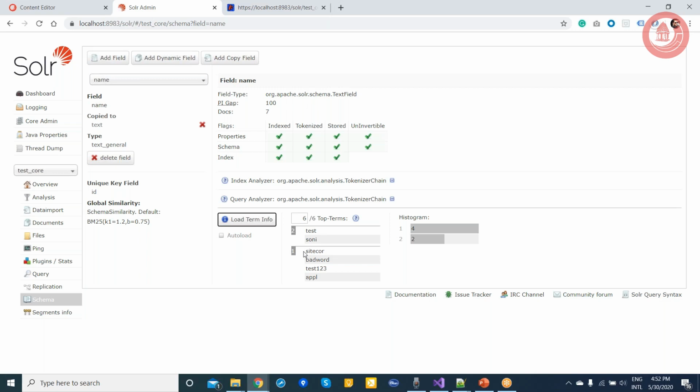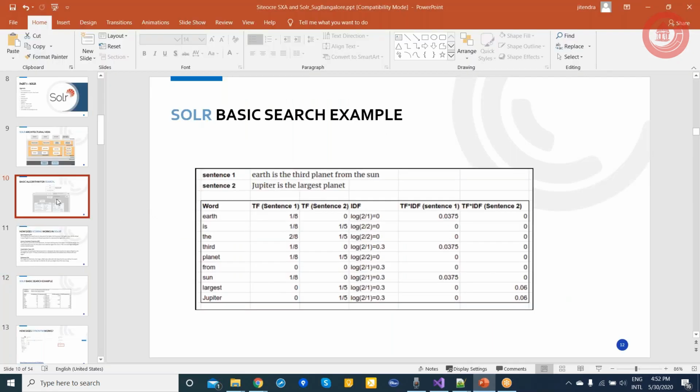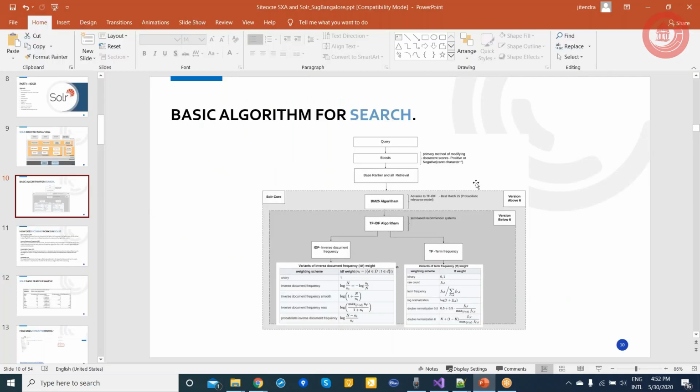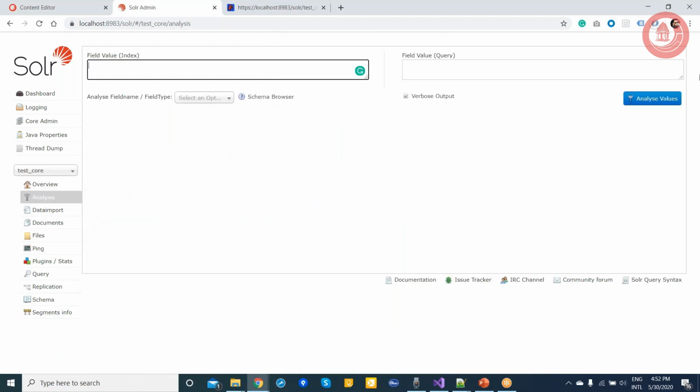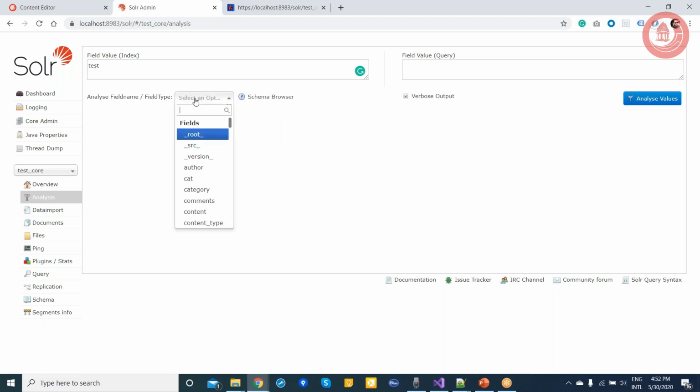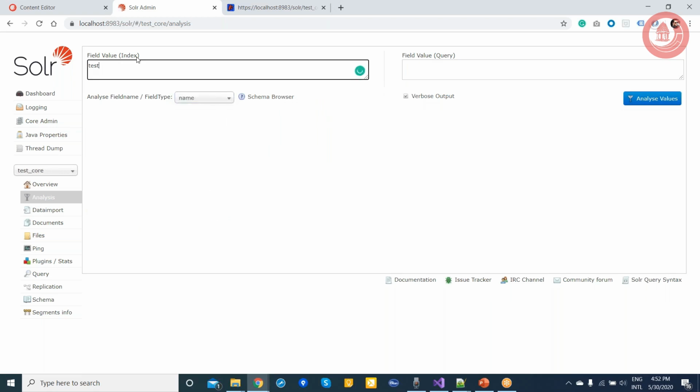There is an algorithm which I showed you, which is BM25, which I mentioned somewhere here. Now, if I go here and analyze, okay, I'm searching for, let's say, test, and I want to search this on the name field. So this is the index.